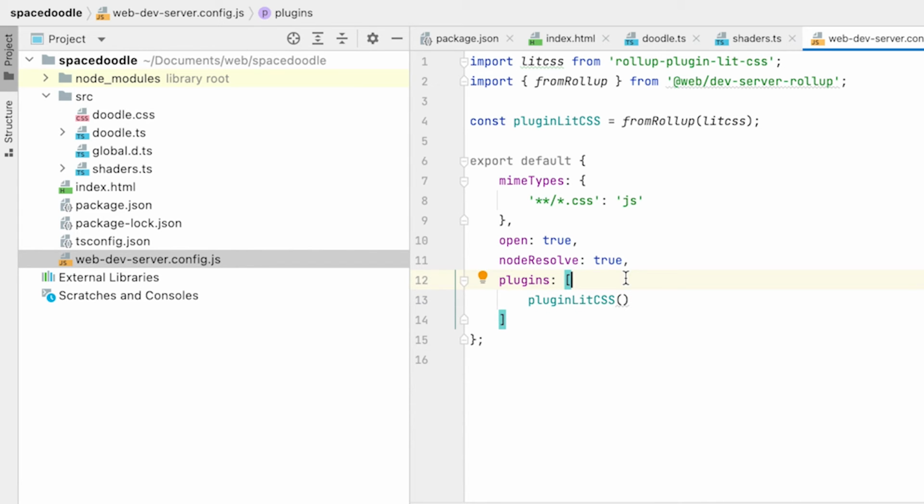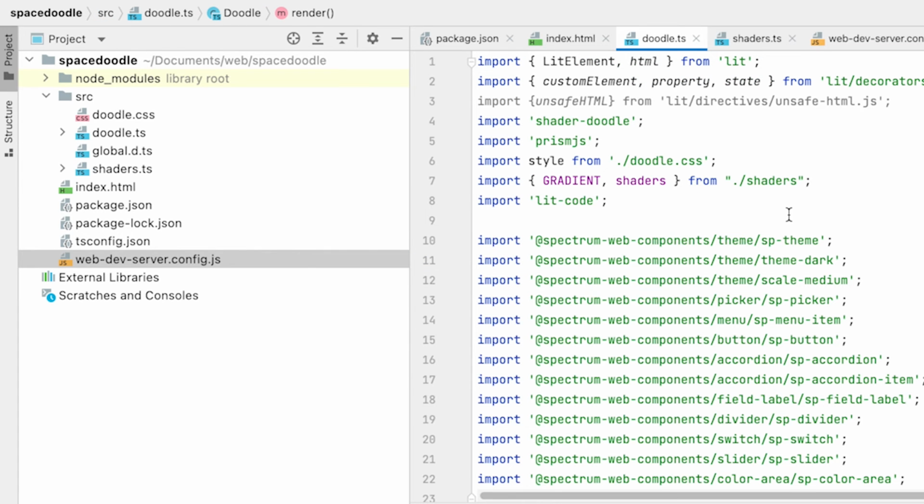And this was a rollup based plugin. As we discovered, it's pretty nice that Web Dev Server can use any number of rollup plugins. It's pretty amazing. But there's something special here. Node Resolve. Now, Node Resolve, if you remember, if we look at our imports on our Doodle component here, we're